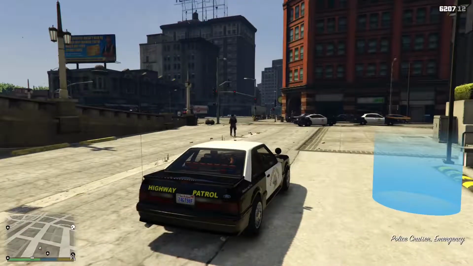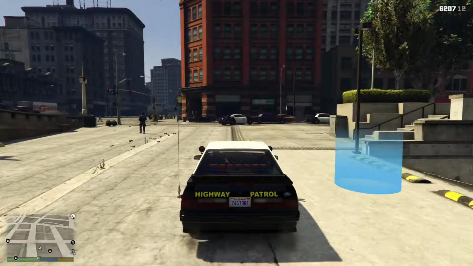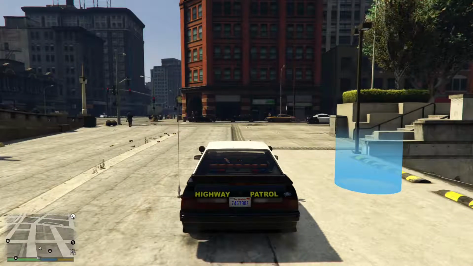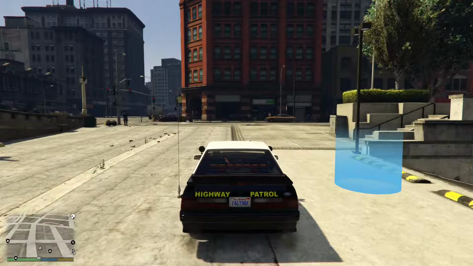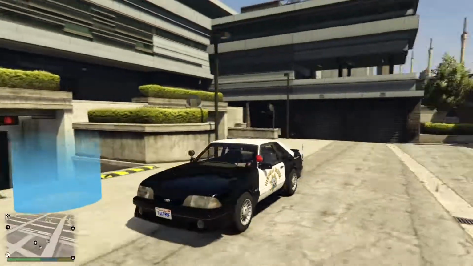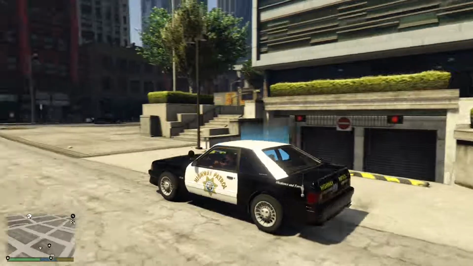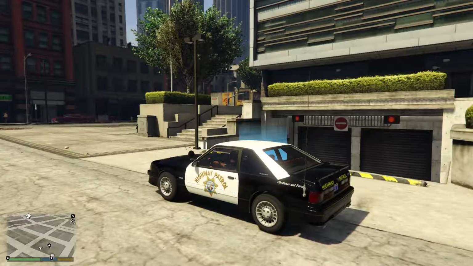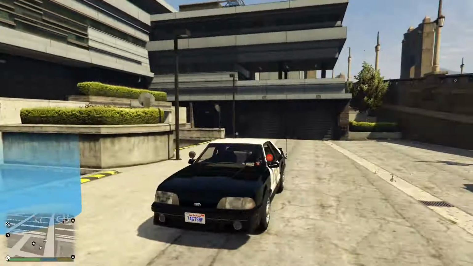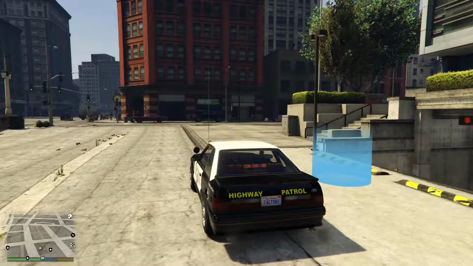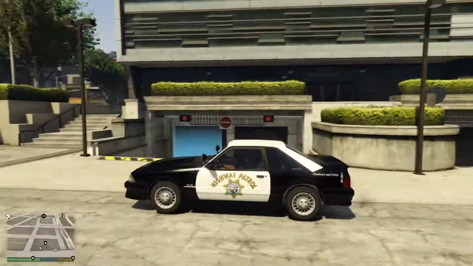Alright, now that we've dismissed our emergency call, mess around with the keys, play with the keys a little bit, figure things out. I prefer the controller. It takes a little bit of time to figure everything out, but you get used to it. So if you're using the controller to activate the emergency lights, you hit left on the D-pad once, and it'll activate one of the lights. Twice activates the cautionary. 3 times activates